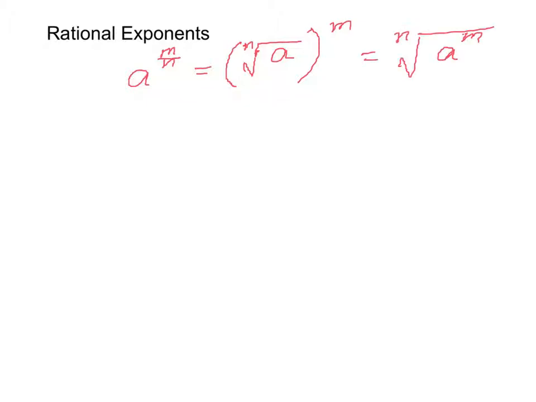All right, one last thing we're going to talk about, and that is rational exponents. Now this is where your exponent is a rational number, or put simply, is a fraction. So say, for example, we have a to the m over n, where m over n is a rational number. Now this can be written two different ways. First, we may simply write it as the nth root of a raised to the m power. Or if you prefer, we could say a to the m power, and we're going to take the nth root